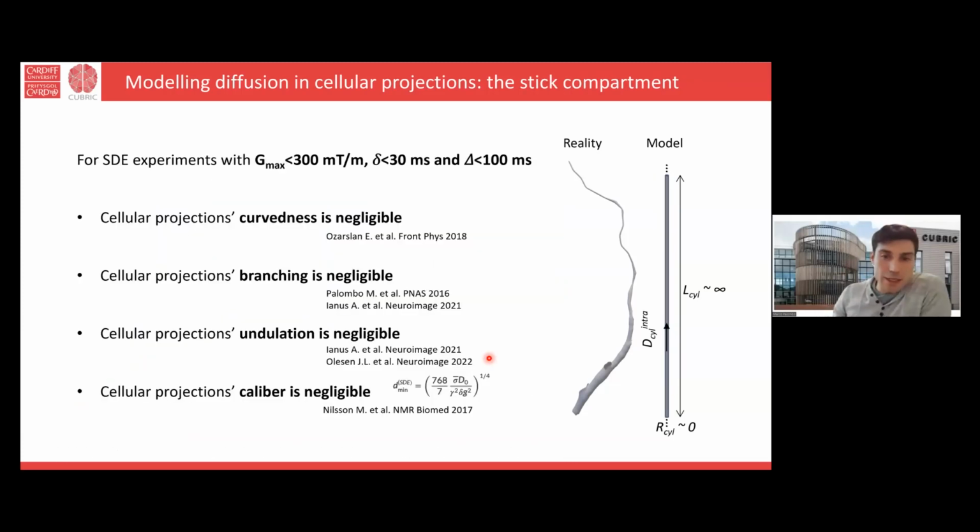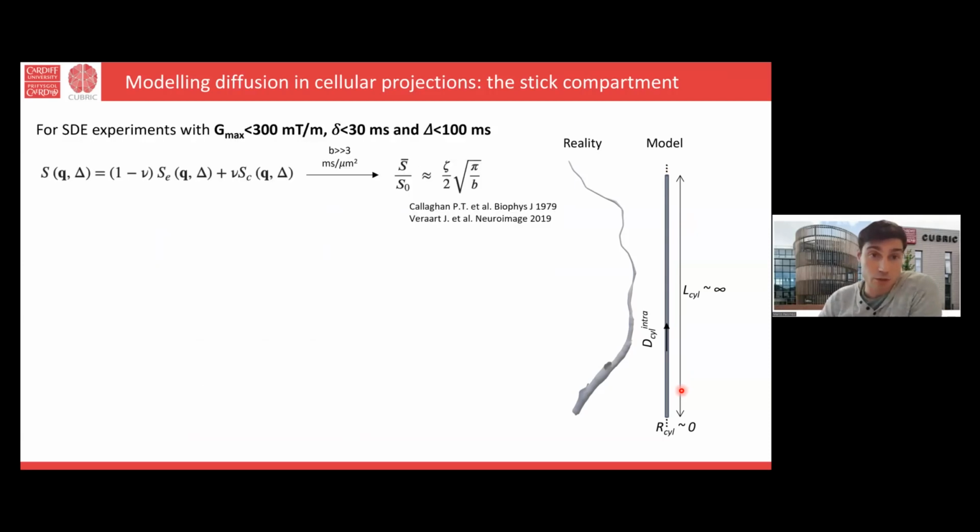So we can also say what happens if you do not have access to a powerful scanner, if you work on a more clinical scanner or below, let's say, the connectome, if we keep the connectome as a reference for human acquisition. If you work in that regime, of course, you lose sensitivity to the diameter of the fiber. And so you move from modeling fibers as cylinders to modeling fibers as sticks, that Ricardo already explained in the previous talk.